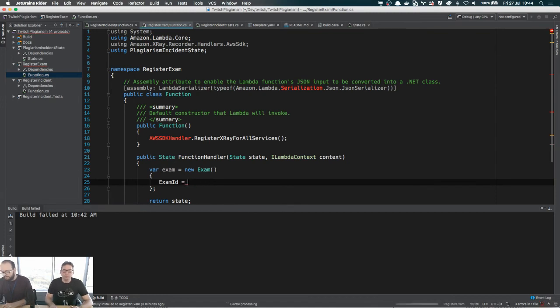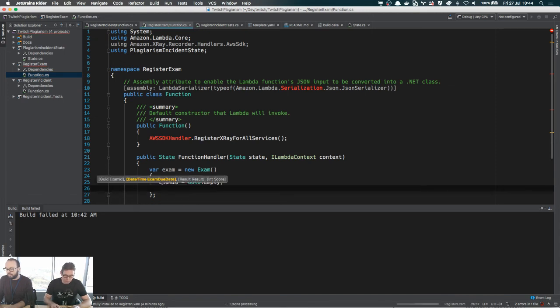Okay, so what I'm doing here is waiting for the NuGet dependencies to download and cache on my local machine. We're just going to create the implementation now for our function to register the exam. So what we're going to do is create a new exam object, and then we're going to set the exam due date. So we're going to go, okay, the exam due date is actually the,